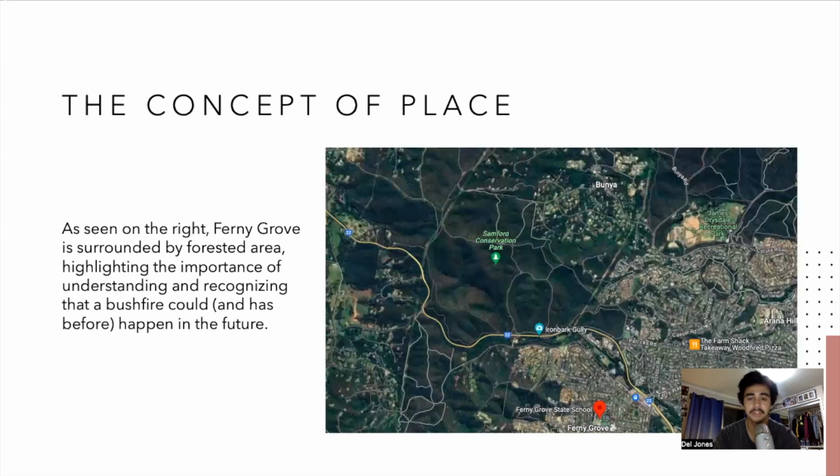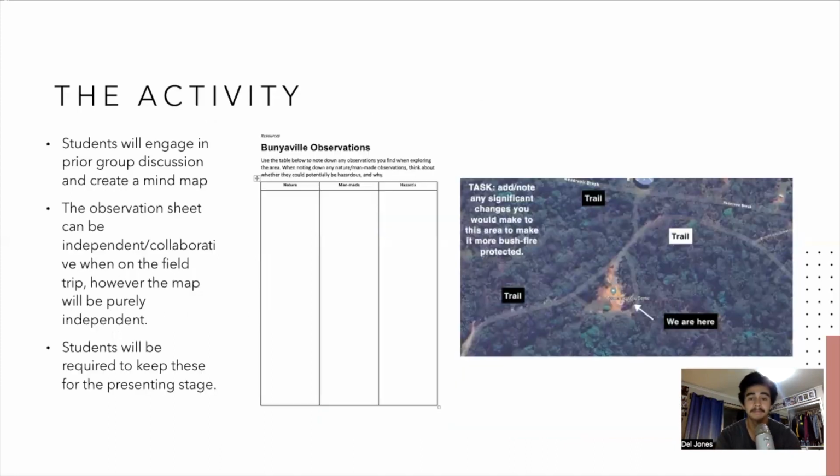The demographic of students that live in forested areas and attend the school, as well as the constant news of bushfires within our country becoming increasingly more relevant, makes the concept of place an incredibly important one. Place in this context is relevant to the place in which we live and ways that we can keep it safe. Place is relevant in understanding and empathizing for people who have been in and suffered through bushfires. Place is relevant within a specific resource used in the assignment, accessing and utilizing a map in order to gain information about what is there or should be.